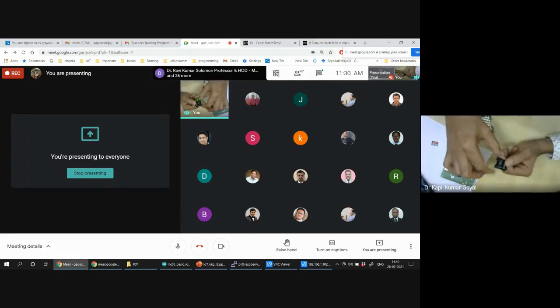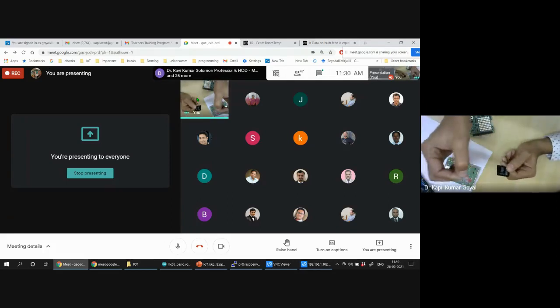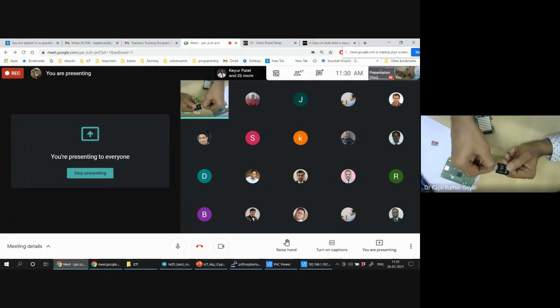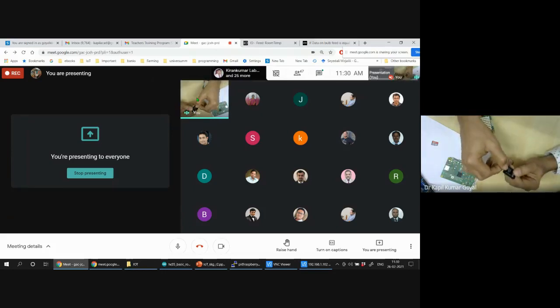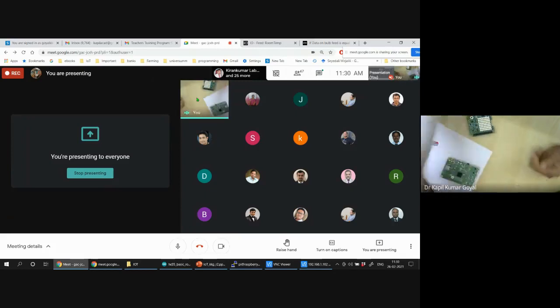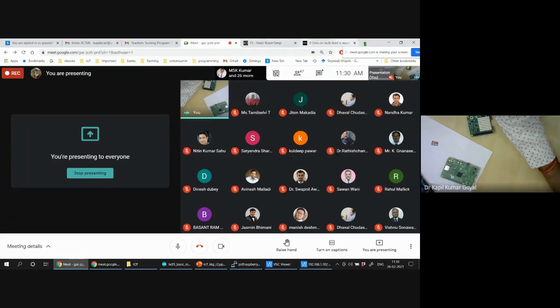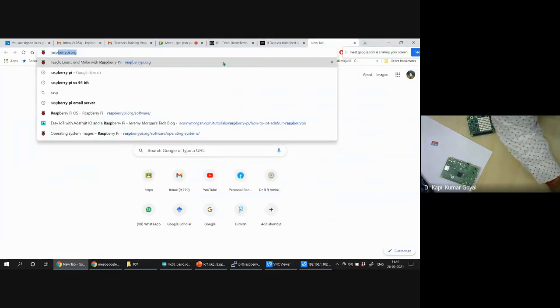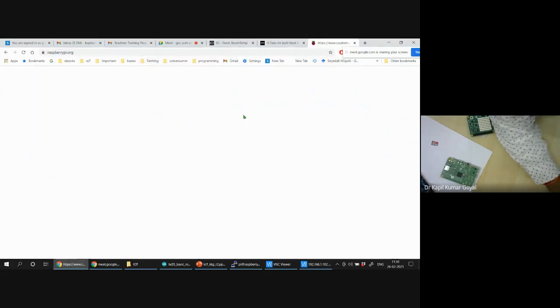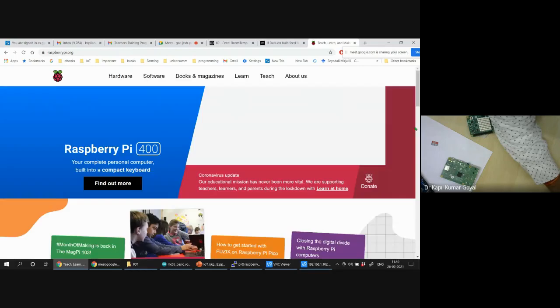The first step is you need a memory card of approximately 32 GB, which is sufficient for this. So you need a 32 GB memory card, and you just insert that memory card into your laptop and search for Raspberry Pi.org, as you can see. As you go here, you will see the software section. In the software,